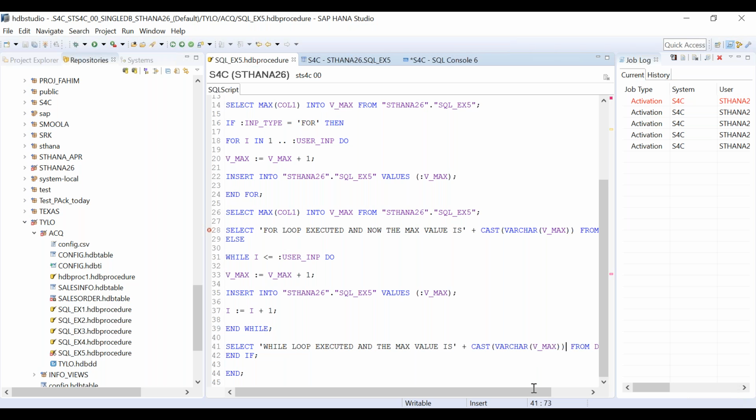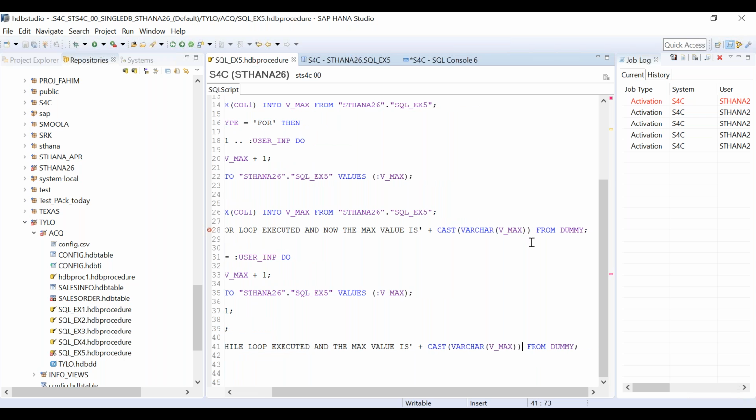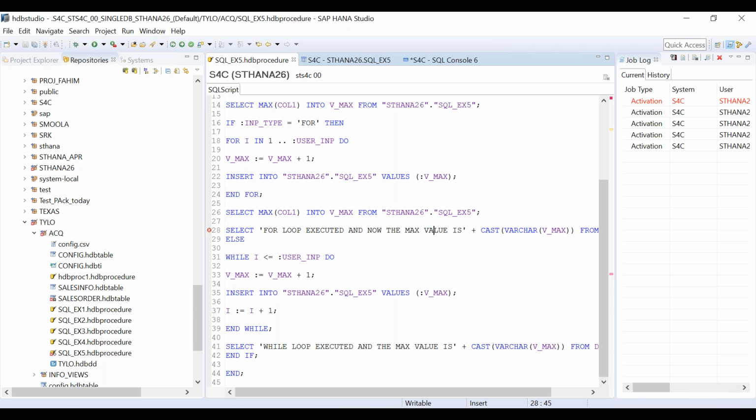Some brackets are missing. Is cast varchar v underscore max. Why is it so?